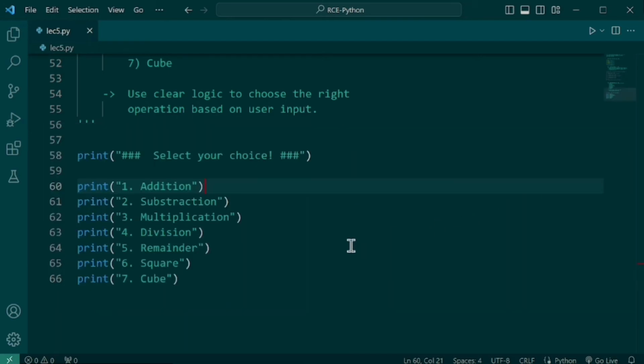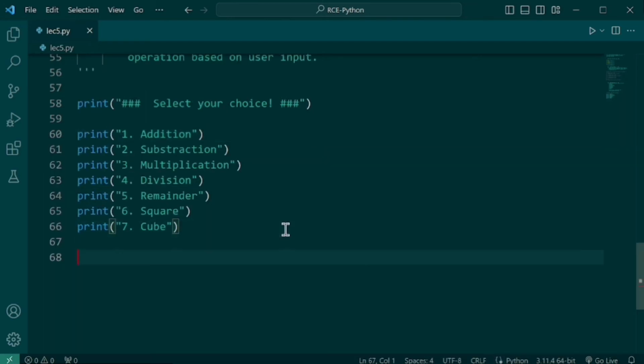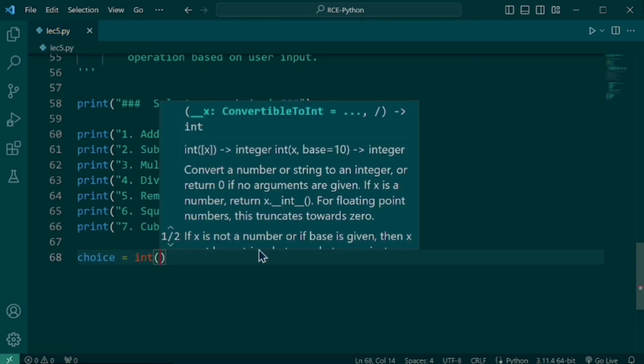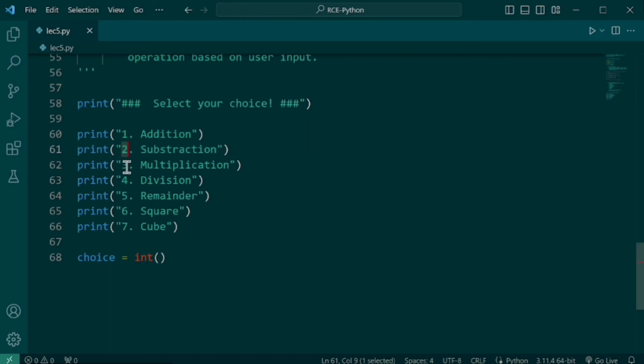So what we are going to do here, we are going to take 3 inputs from the user. First of all, we are going to take the choice from the user, and we are going to take the 2 numbers from the user. On those 2 numbers, we are going to perform operations such as addition, subtraction, multiplication and division. So first of all, we are going to take one variable, that is going to be your choice, and again we are going to take an integer because we are going to take the value as a number. So it must be converted from string to number. Int input,